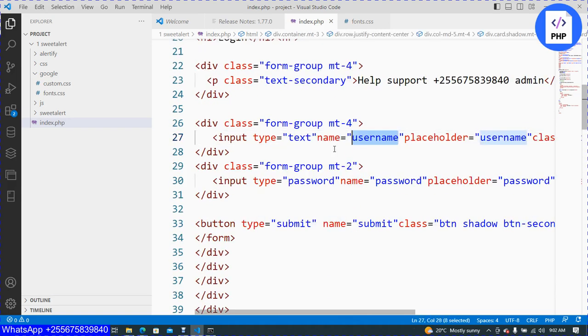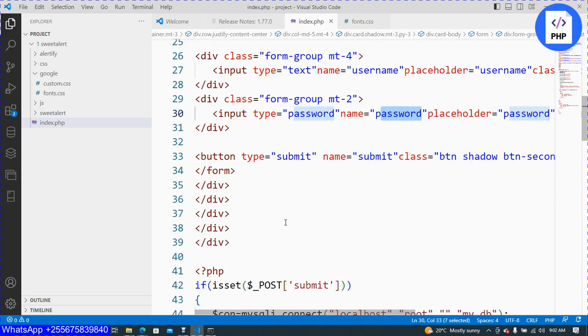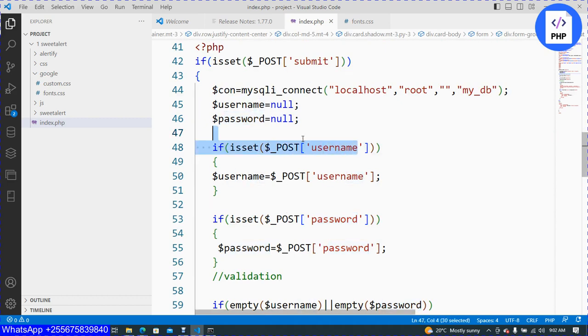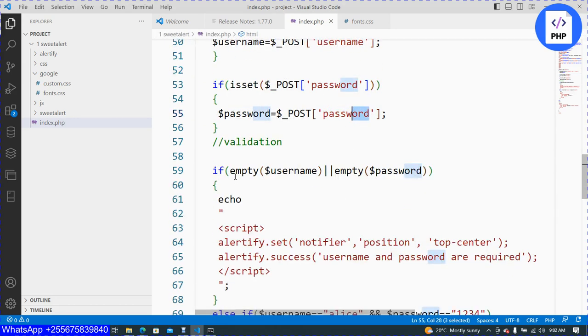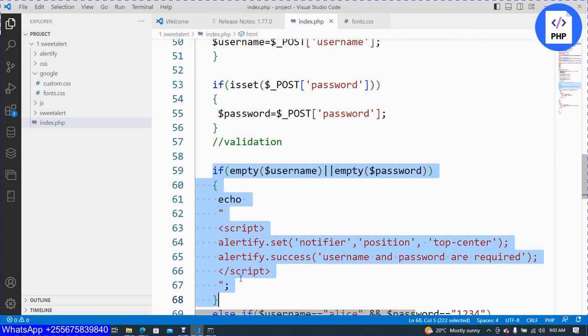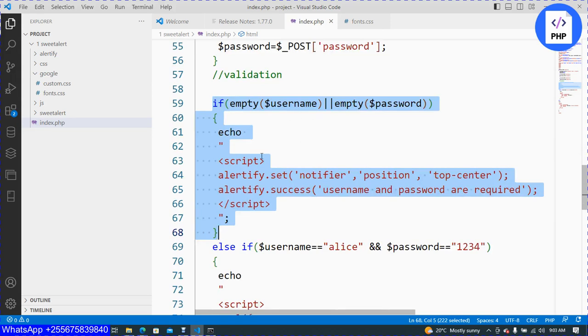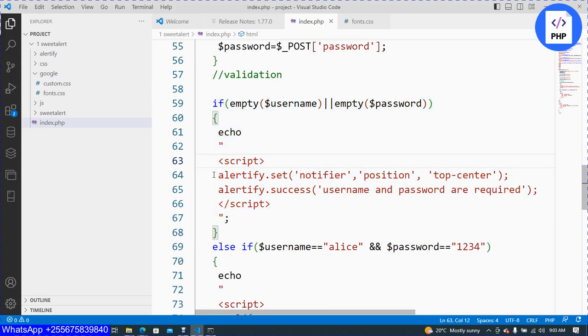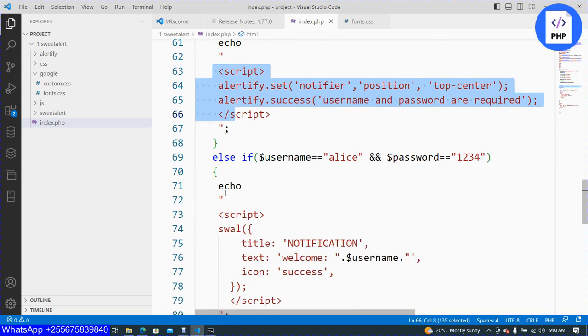Username name is username and password input type is password, name is password, and then we capture them. Okay, username and password. So we perform some sort of validation if username and password are empty. So now we just put ALERTIFY material dialog, username and password are required. Okay, and if username and password, for example, username is Alice and password is 1234, and that is valid